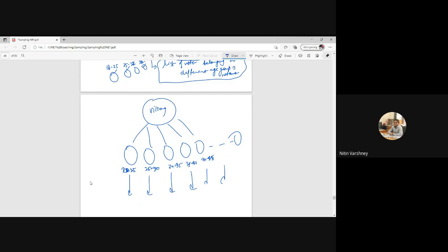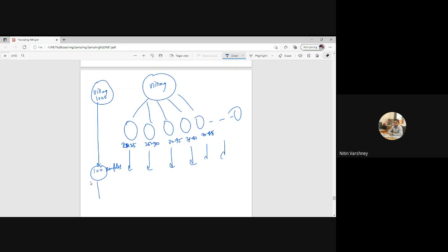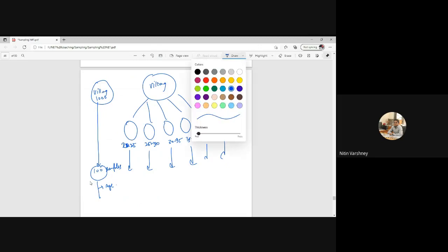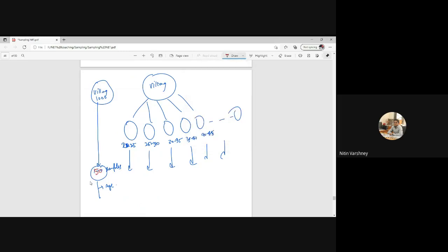Okay, so what we will do, we will directly select the sample from this village. 10,000 population is there. I will select 100 samples first. Now for the 100 samples, I know the age of each voter, and after doing this, I can classify that this belongs to this particular stratum, this belongs to this particular stratum. Suppose there are 50 samples from 1000. I have taken 50 as the sample size.